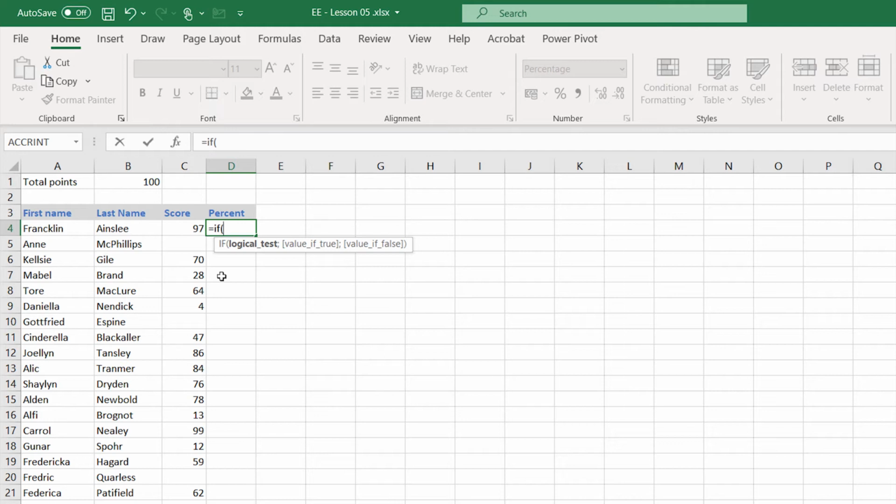Otherwise, the percentage is to be calculated. A possible formulation of the logical statement can be: the cell with the score is empty, which allows only true or false as possible answers. Translating this into Excel looks as follows. C4 is equal to an empty string. If you haven't seen what I've just entered, an empty string is equal to 2 quotation marks directly next to